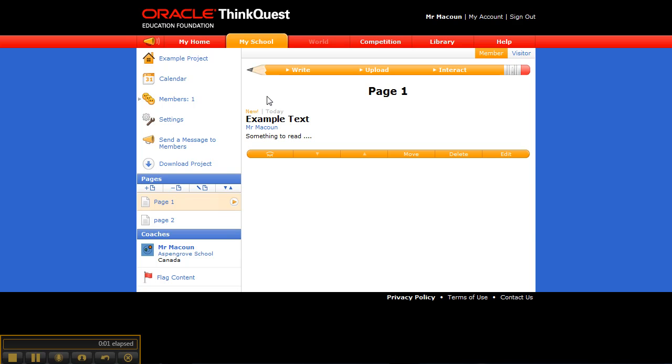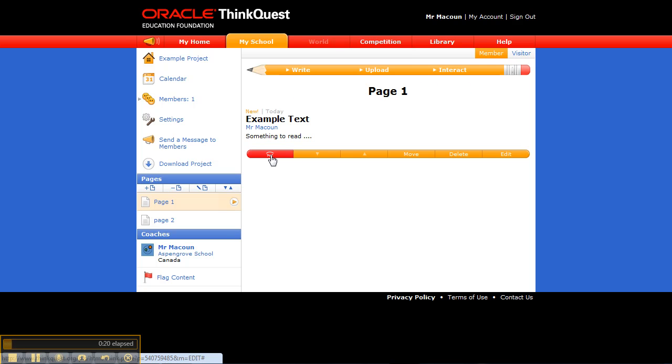So there are a few tips and tricks I would like to share regarding managing a project space. It's pretty straightforward. It's very much like the home page. All of the tools are the same. Down here at the bottom, one option I haven't mentioned in any of the screencasts so far is this